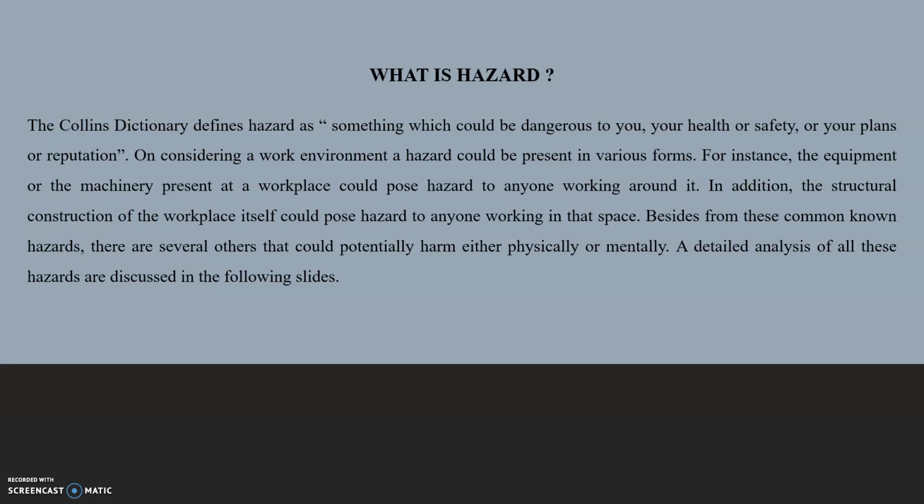When considering a normal working environment, this could vary in different forms. For instance, there are numerous machines that could pose risk for anyone working on it. Take the case of a laser cutting machine. Depending on the frequency wave at which the laser operates, the continuous exposure of its radiation will be hazardous to the person operating it or even being in its working envelope. On the other hand, even having no machines at all, the structural construction of your workplace itself could become a hazard. Uneven grounds or steep slopes are examples for this.